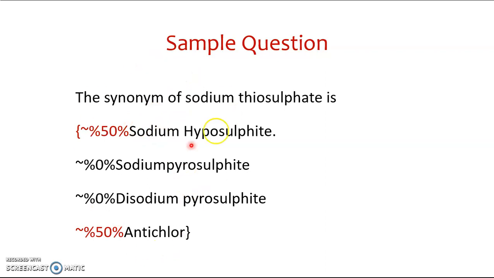So these are sample questions in which two options are correct. Because two options are correct, I have given a weightage of 50% for one correct answer and another 50% weightage to the other option. Remember, you have to use curly brackets followed by tilde, percentage, weightage, closed by a percentage sign. It is an incorrect option, so use 0.